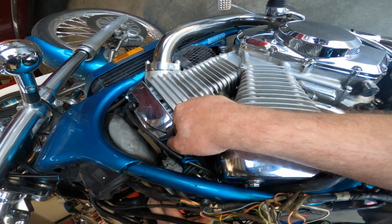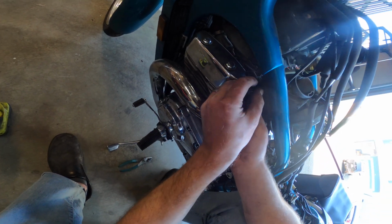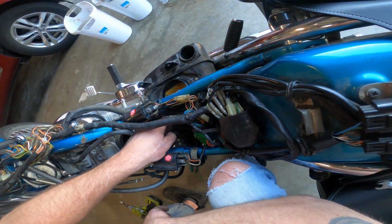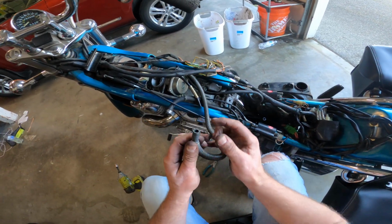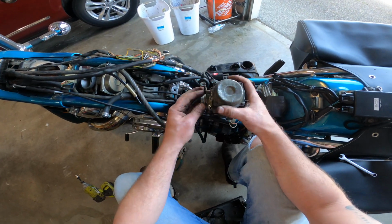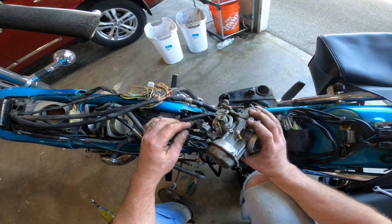There it goes. Choke cable goes here. I should be able to. Oh, I can't forget, I need to cut that piece off and reattach it down too. Alright, carburetor number 2. That's gonna go straight in there like that. But first,